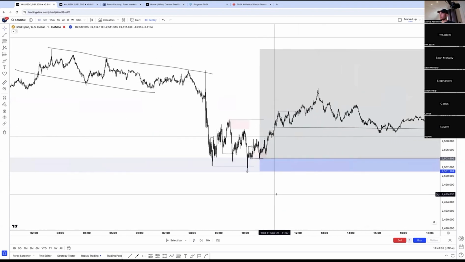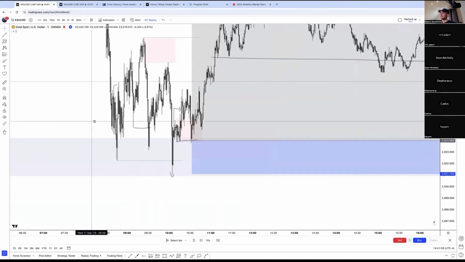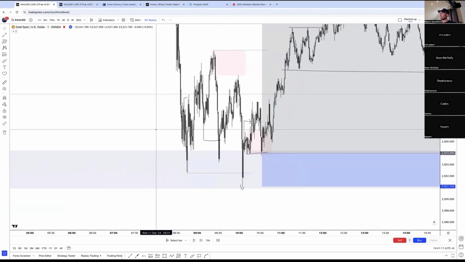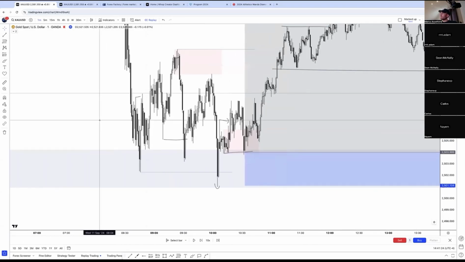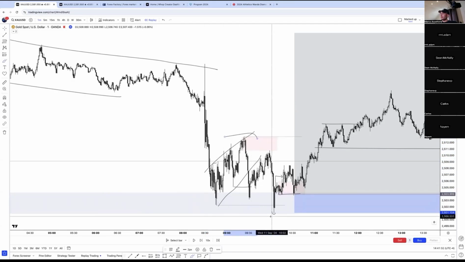Here is where I took it. I actually took the pullback as well. I just showed you guys, but yes, this is the extreme. Is it this one you're talking about? There is no clean build-up. You do not take this trade. Which part of the trade are you talking about? Like this? Build-up. Trap.